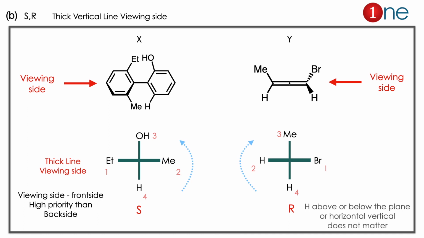Here the structures are very different, so the CIP rules are applied, but you have a different kind of architecture. So you have to start from the viewing side. Viewing side is normally written as a thick line. The thick line written here is horizontal. It has highest priority there. So same thing you have to write above and below and the left and right. So if you write the configuration, first one X has S configuration, Y has R configuration. So the answer is clearly B. X1 is S, Y1 is R there. Here the concept you have to learn is viewing angle is important here. It will have highest priority.